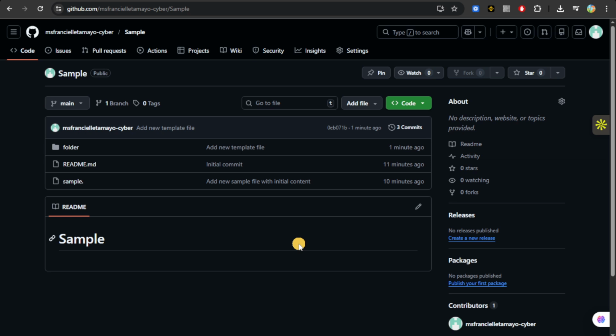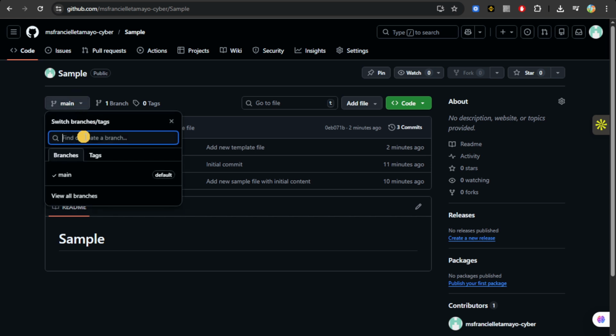So first things first, you're going to make sure that you're already in your GitHub account. And then from your repository, you're going to tap on this drop down menu right here. So you can see here the number of branches that you currently have. Now you don't need to go to that. You're just going to click on this drop down menu beside it, and then from here you're going to find